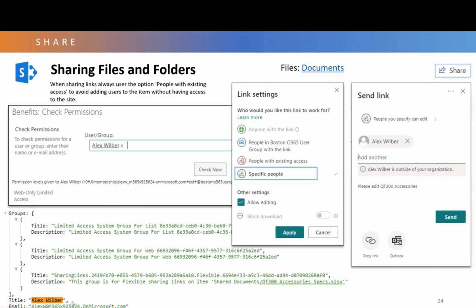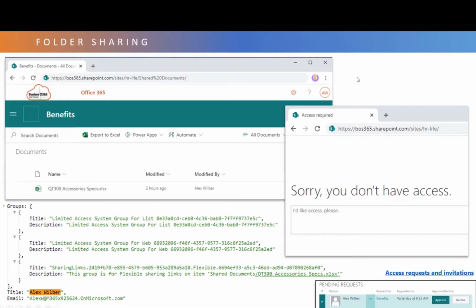And if I do the API code, I can see that what Microsoft does is it creates a special link share. And all that is a SharePoint group that's been hidden. So it's basically just like all those groups I created. It's a hidden SharePoint group with a long GUID. They put this long text in the description field and then the name of the file. They also have to give the person access to the web and to the site. So that's what these other groups up here are: limited access group for lists. A document library is really considered a list. So they have to give them custom access to the document library and then custom access to the web. Okay, so that's how Microsoft does that.